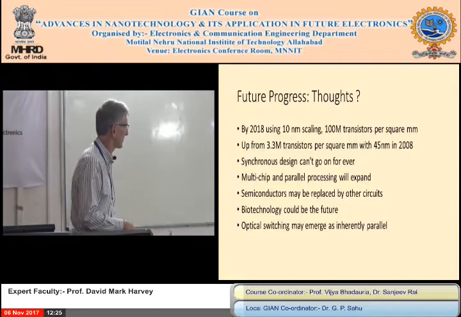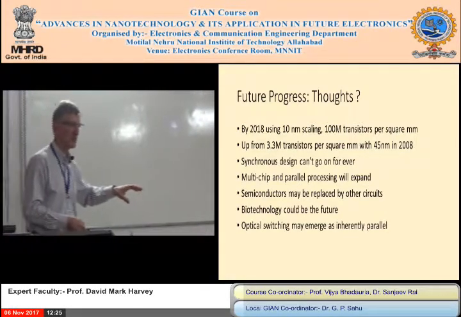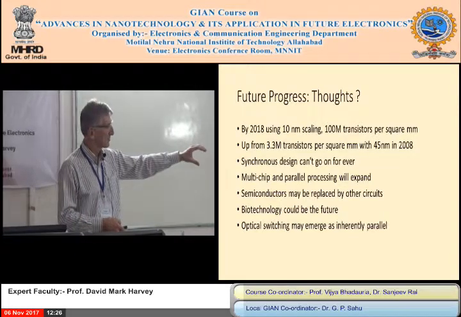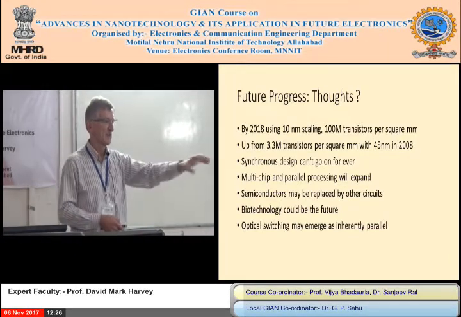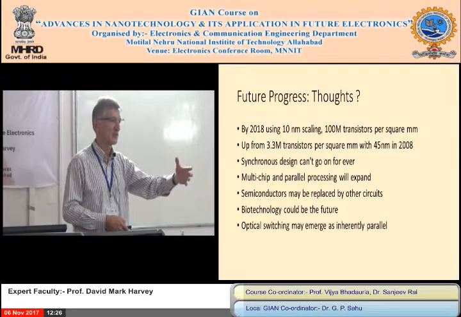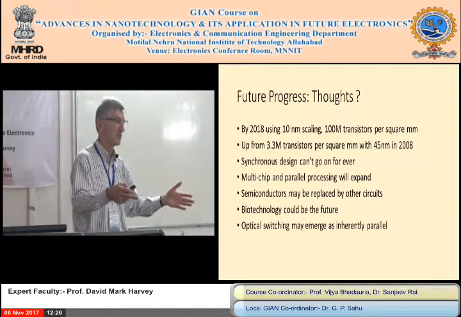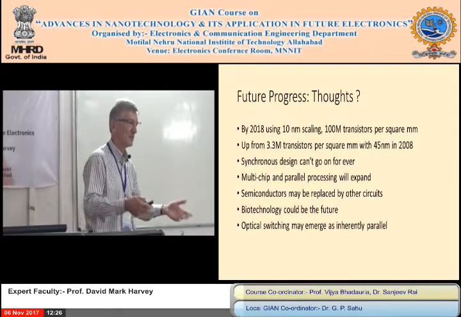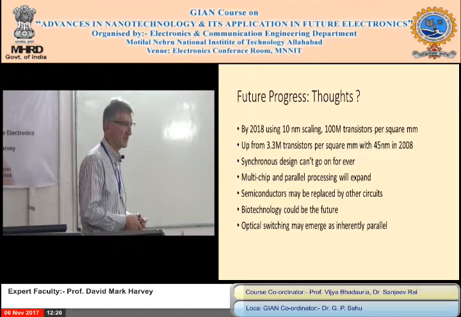So I think, and I've thought about this, optical switching must come in, because I've done a lot of work in optics in the past. If you've got an optical beam, a parallel beam, it's all in parallel. So you put that through a spatial light modulator, all the processes are in parallel, it's very fast, speed of light. The bottleneck is how you get the data into and out of the network. And again, people are working on that. Optical may come in, or some new effects could come in.